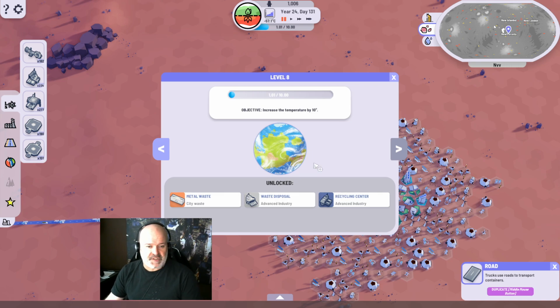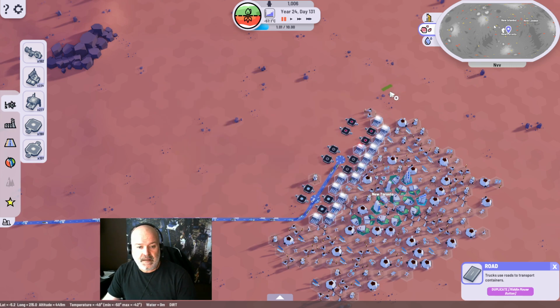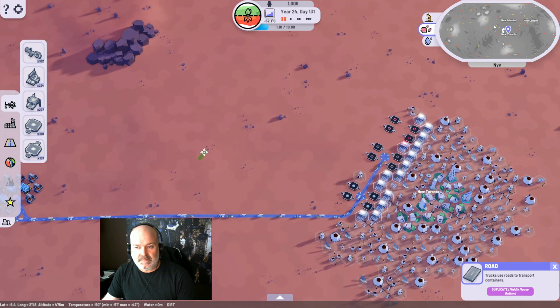Let's just build base Mark 2 and not worry about our city. Our city is going to fluctuate between 1,000 and whatever, okay? It just is what it is. As you can see, we already raised the temp 1 degree. That was very fast. Okay, we got trains. We're good. Let's work on...